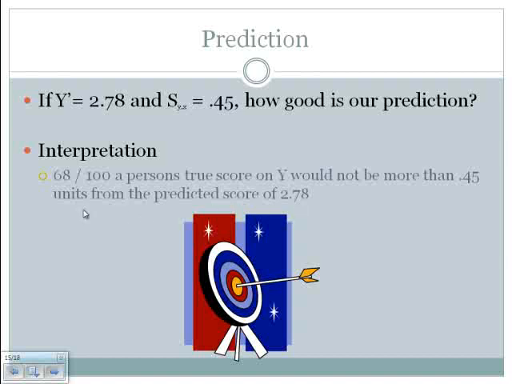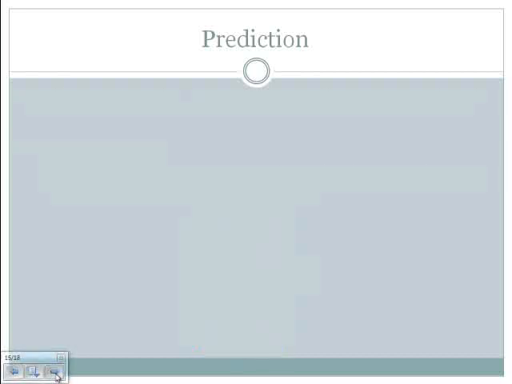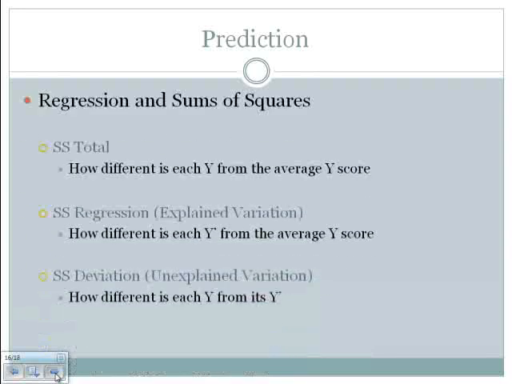68 times out of 100, a person's true score on y would not be more than 0.45 units from the predicted score. So again, this is a form of a standard deviation. Again, you're going to have some homework where you're going to be asked to calculate standard error of prediction and then interpret it. So you might want to have this handy. All right, we're almost through with this lesson. We just have a couple of other little topics I want us to talk about. And the last one actually is